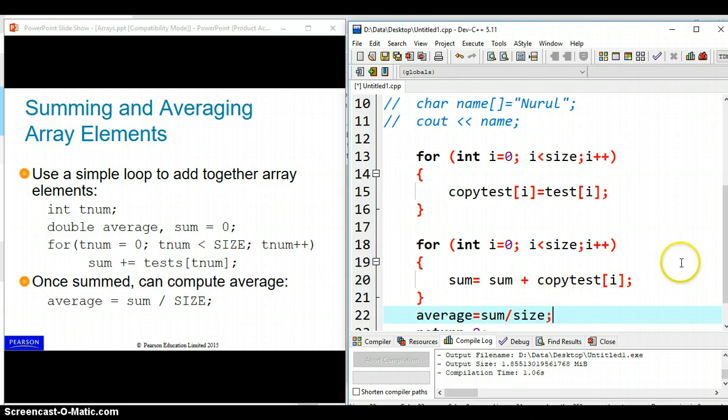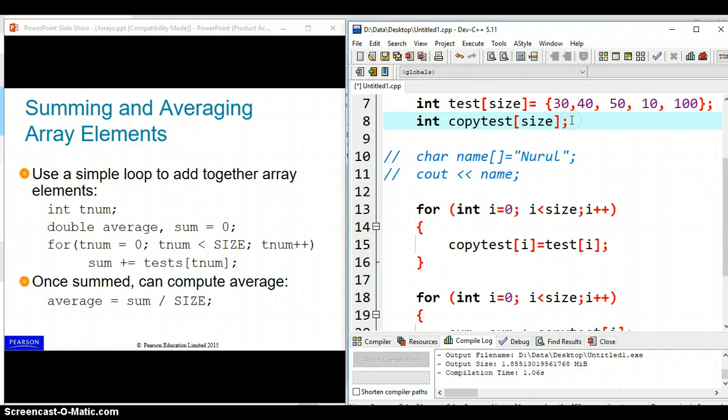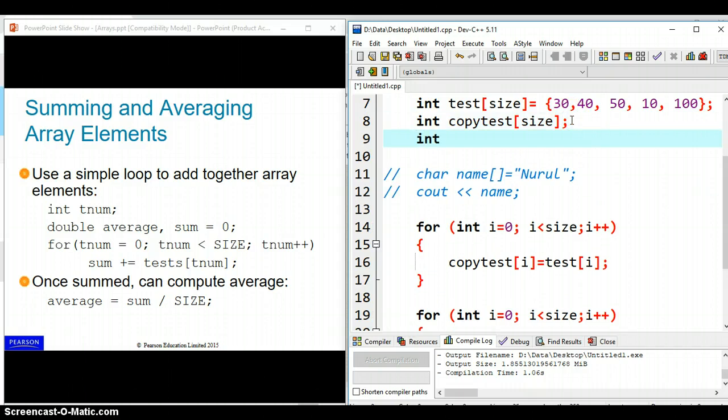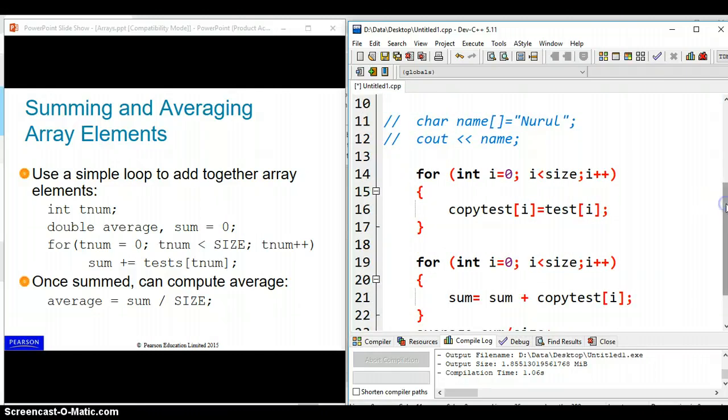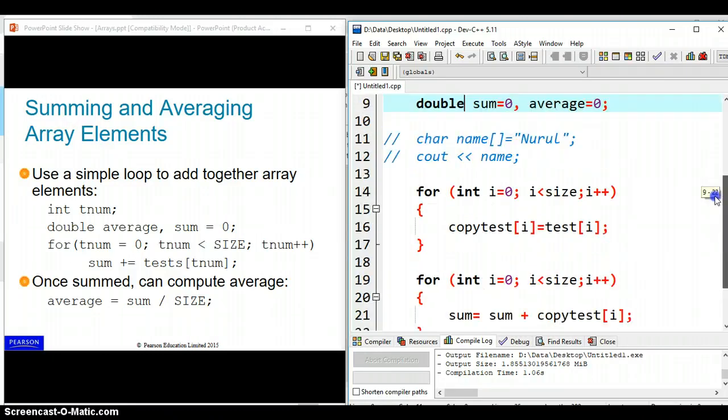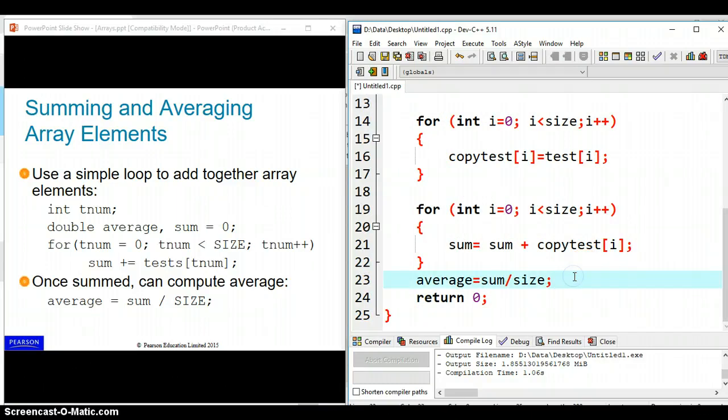Okay, and in order to use sum and average, I haven't declared them, so I need to declare int sum equal to 0, comma average equal to 0. Can also declare as double. Okay, we can do double better, if let's say maybe we'll have decimal value. So now I have declared them to 0, and then I can cout